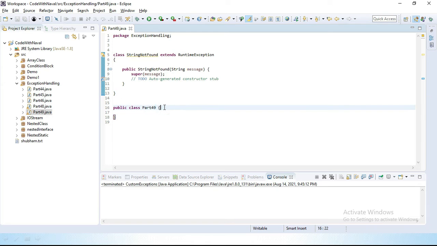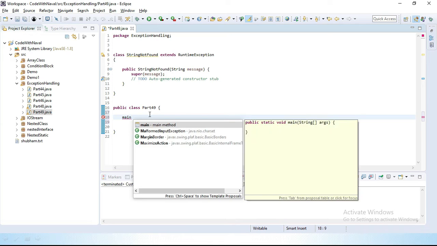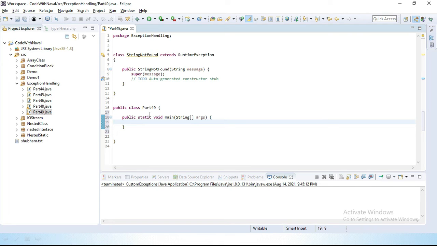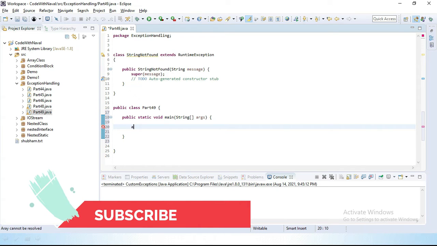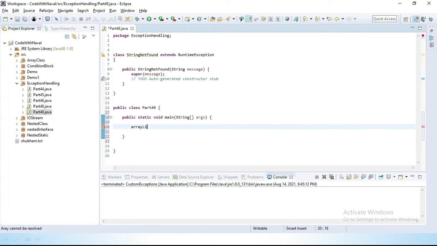Now I want to call that exception class. For that, I'll create a main method in our main class. Inside the main method, I'll declare an ArrayList, with a String type, AA equal to new ArrayList.